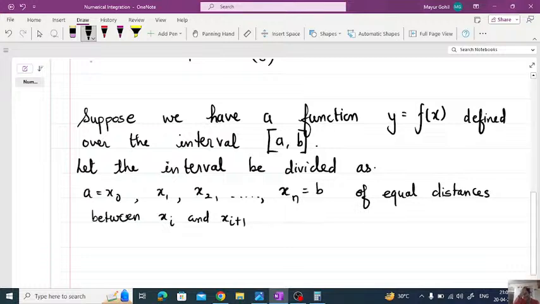Okay, xi plus 1. Then divided this, and let